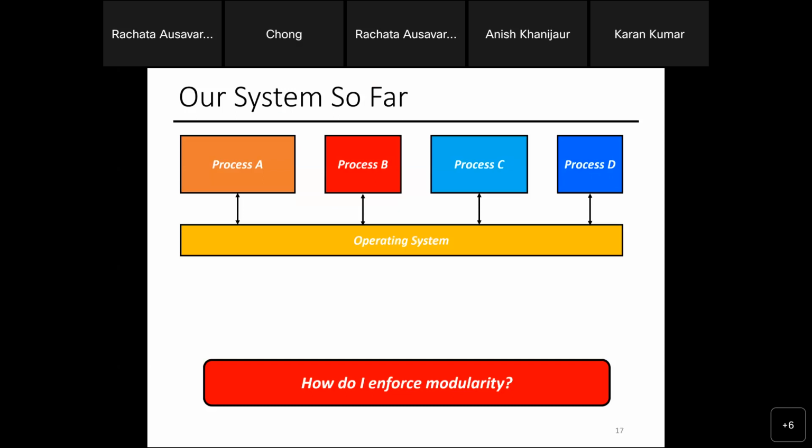So if I have, say, in this case, a monolithic OS with the system running a bunch of processes, right? And I want some form of method to connect this system up. How do I design it such that I can connect whatever machine I want to connect to? Think about it this way.